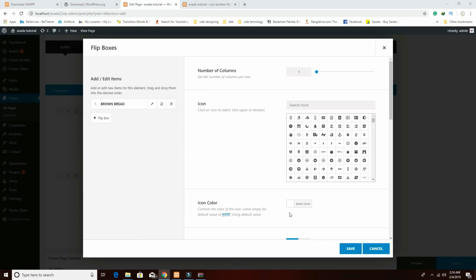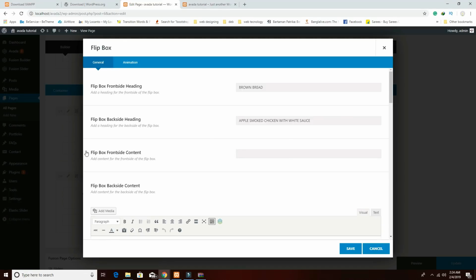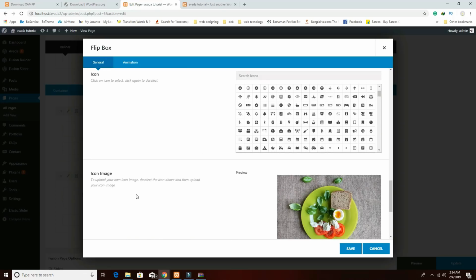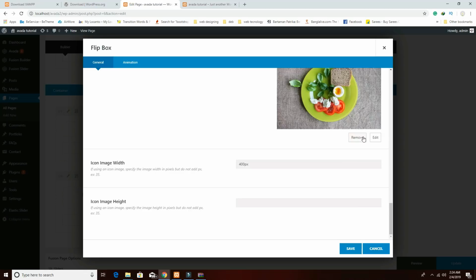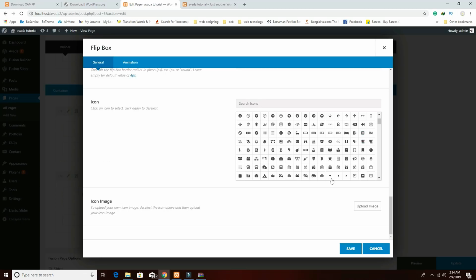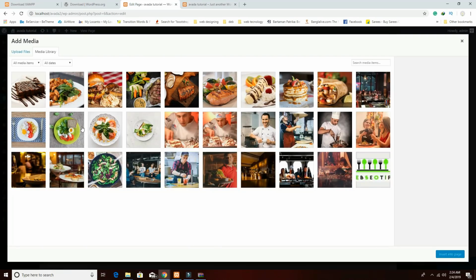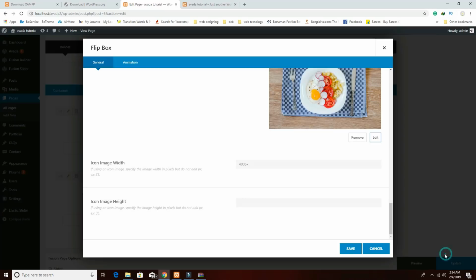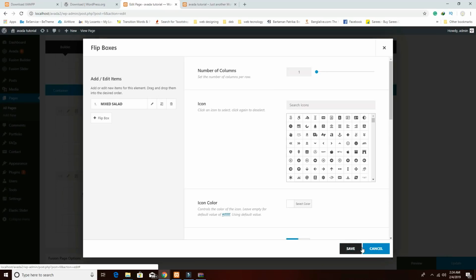For another one, brown bread, remove this brown bread and write that mix salad. And here I have to change the images also, just remove it and upload the new one, save it,